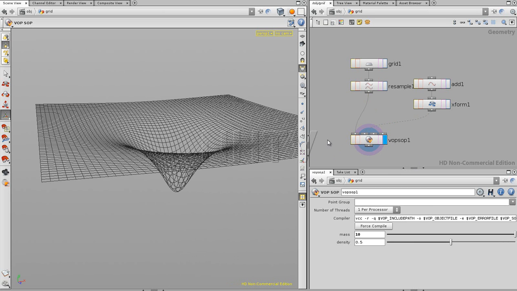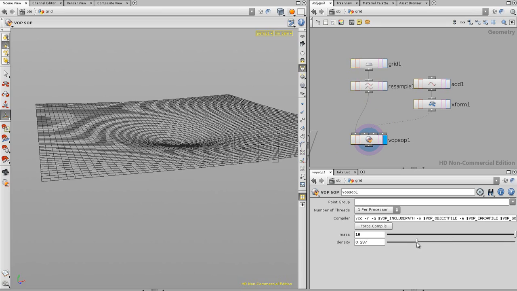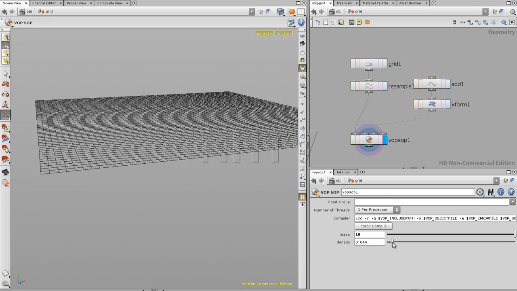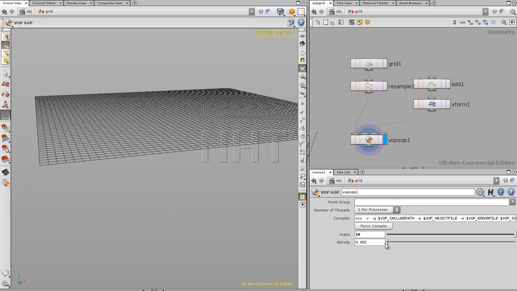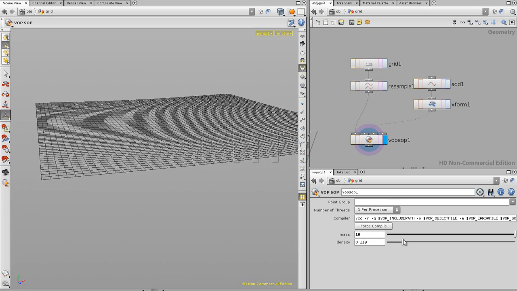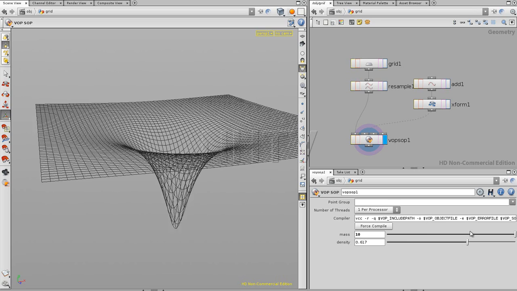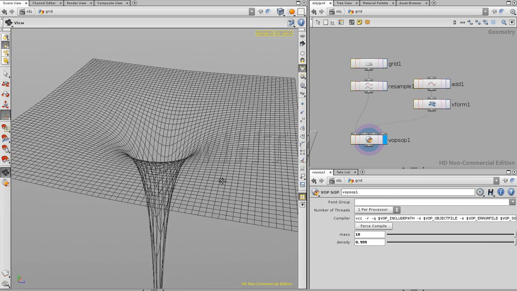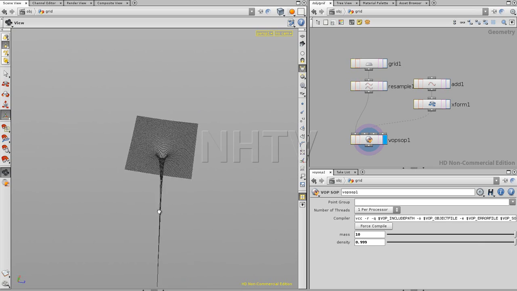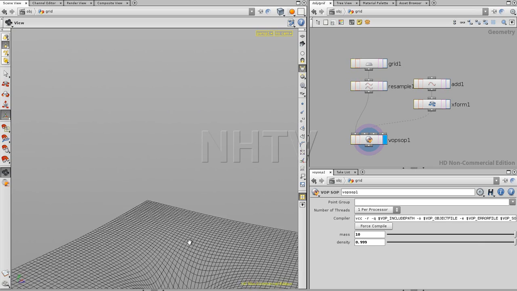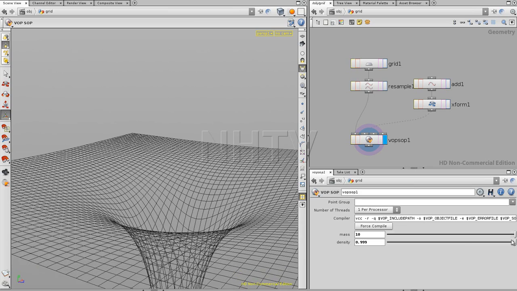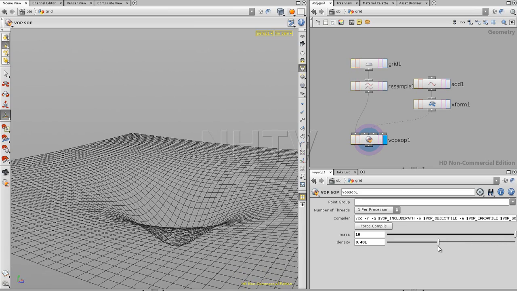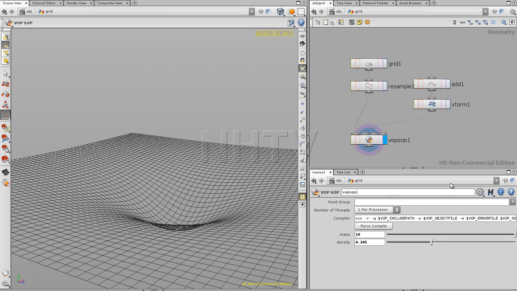So the effect of your density should be as follows. If you move it down, you get less and less density, to no density at all, and if you move it up, you get to infinite density. So a very deep black hole, as we can see right over here. So this is something you can use. Okay, so